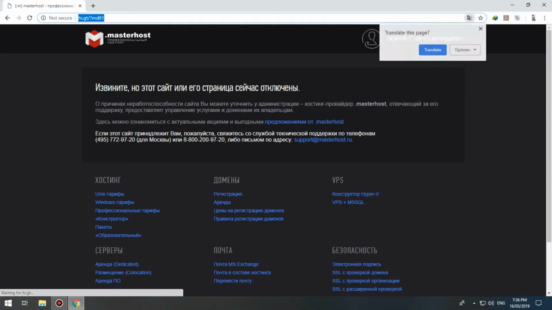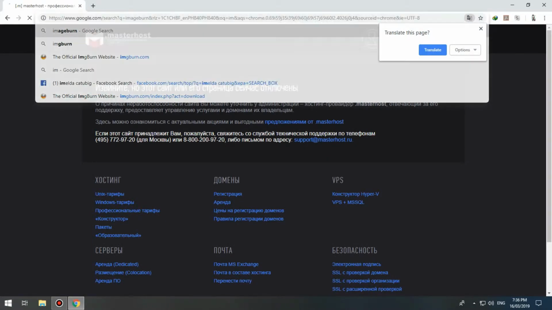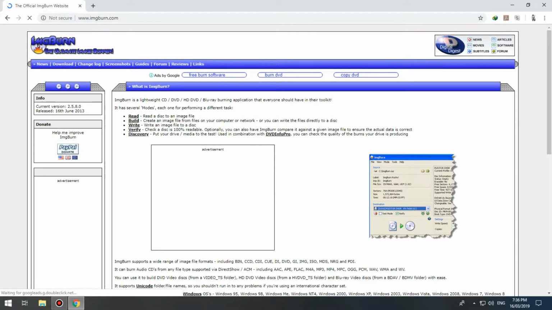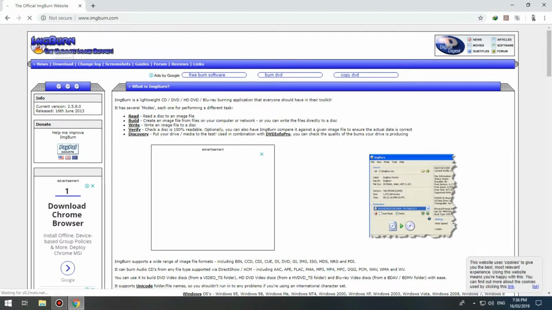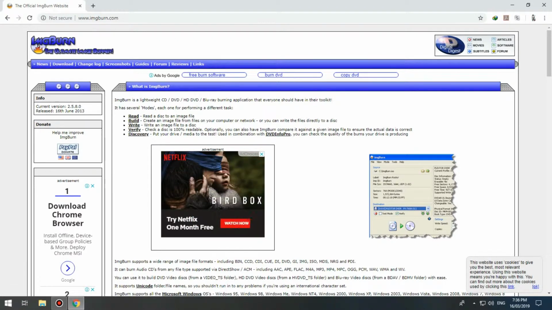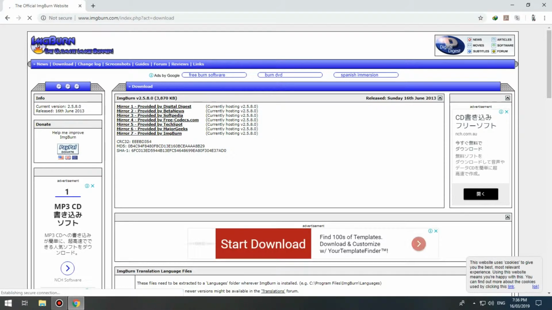In the search box, just search ImgBurn. Click on that, and we have the official ImgBurn website, so just click. As you can see here, the home page of the site, ImgBurn. So click download,